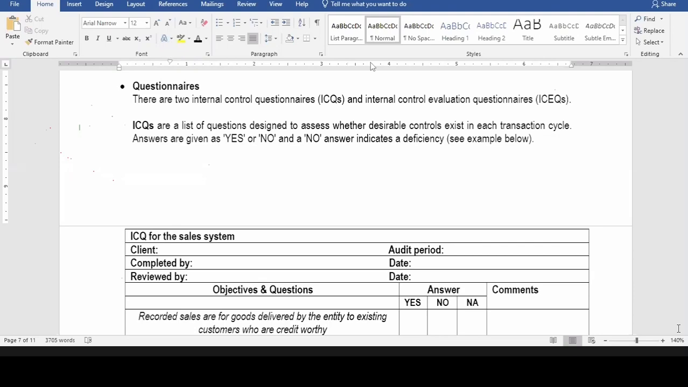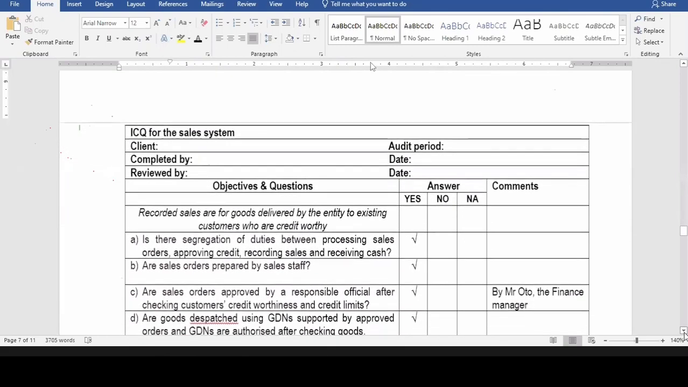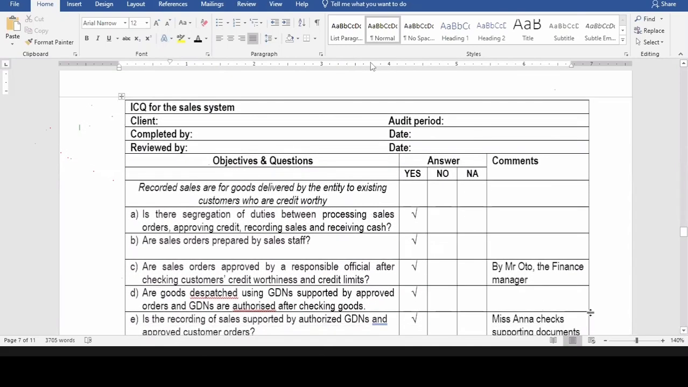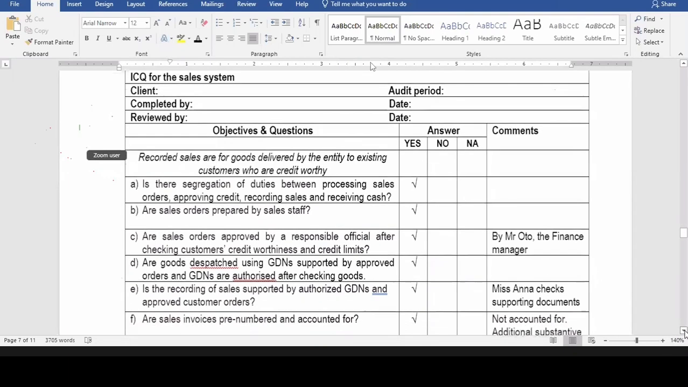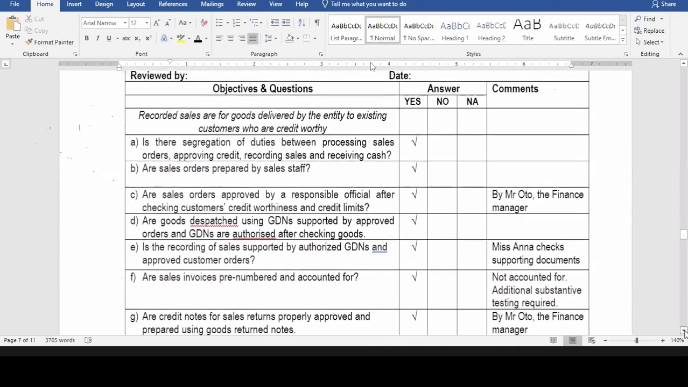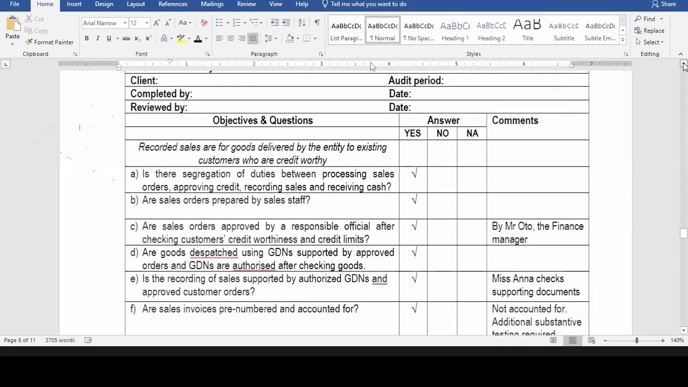As usual, the questionnaire is a list of questions. ICQ for this is an example of sales. So we shall have one for purchases, another one for payroll. You should be able to design these questionnaires by the end of this topic, after I've looked at the controls, you can see here. This is a working paper